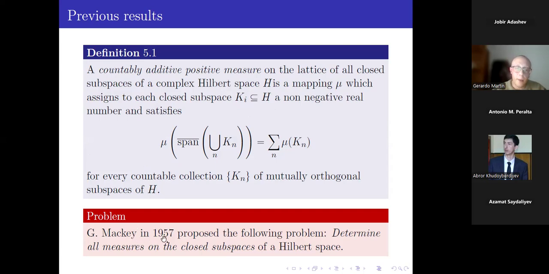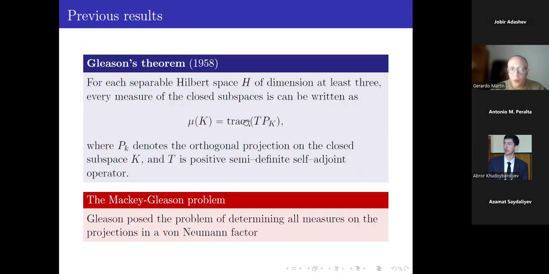Now, Mackey in 1957 proposed the following problem. He wanted to determine all the measures on the closed subspaces of a Hilbert space. And the solution was given by Gleason. He published it in 1958, and it is the famous Gleason theorem, which says the following: when we